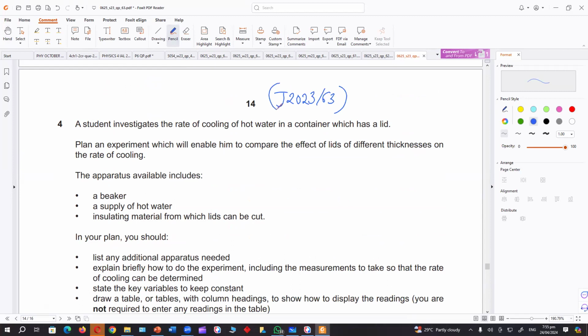A student investigates the rate of cooling of hot water in a container which has a lid. Today, the first question was like that. Plan an experiment which will enable him to compare the effect of lids of different thickness on the rate of cooling. The apparatus available includes a beaker, supply of hot water, insulating material from which lids can be cut. So you will plan an experiment and you can tell the examiner that